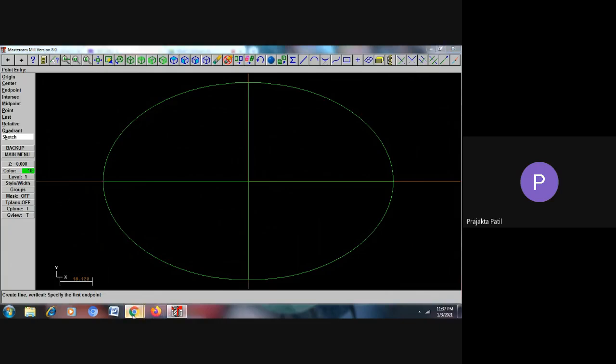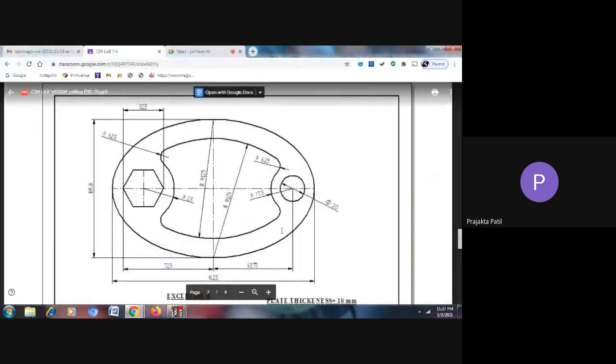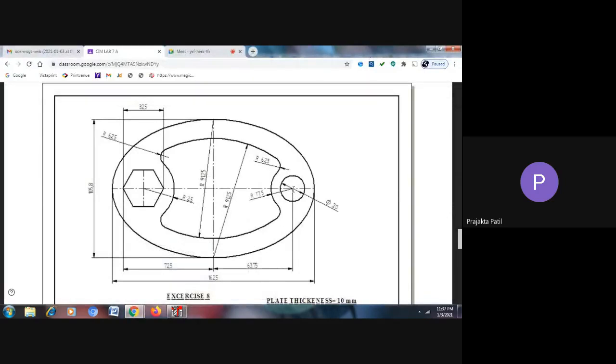So the next step is, as I said, I need to give this point here. You have to check on this horizontal line at what distance it is from the right side end. So I know 162.5 divided by 2 is 81.25, and the distance given here is 63.75. So 81.25 minus 63.75 is 17.5.